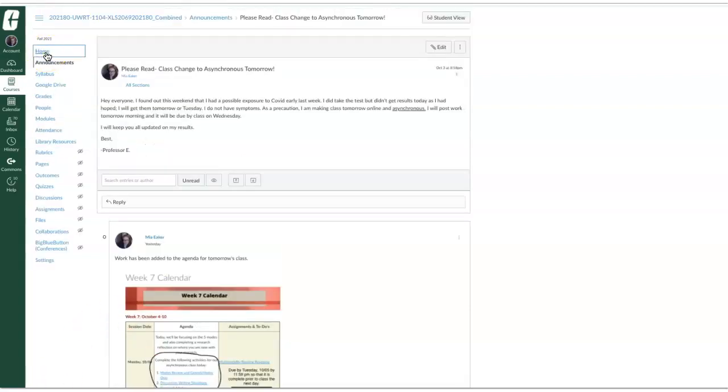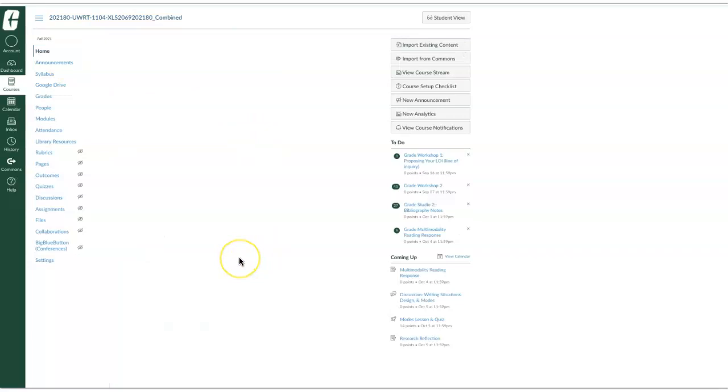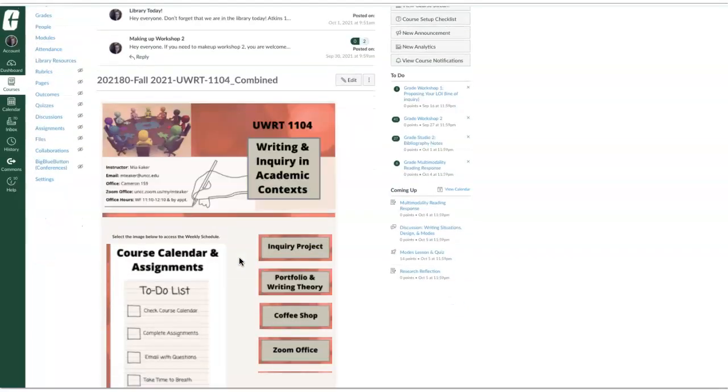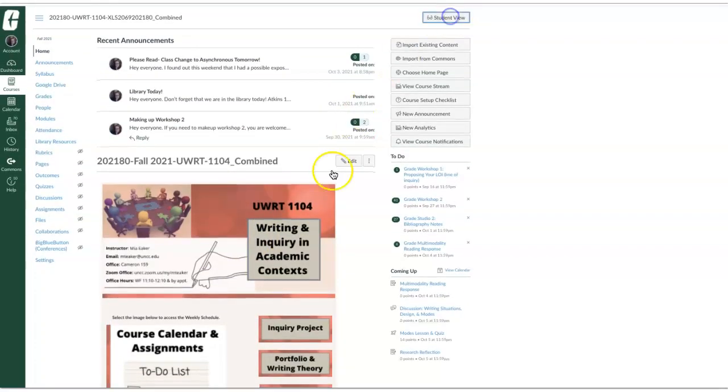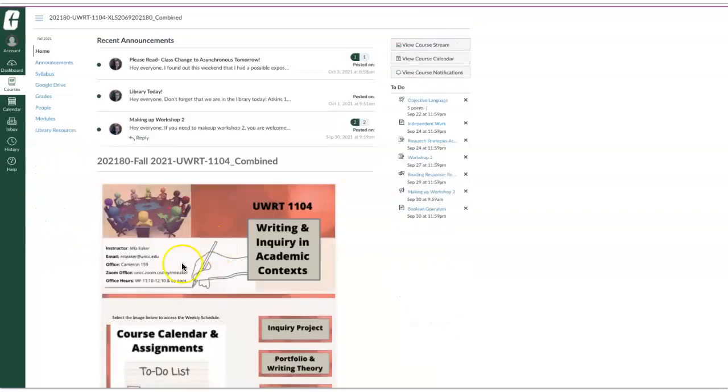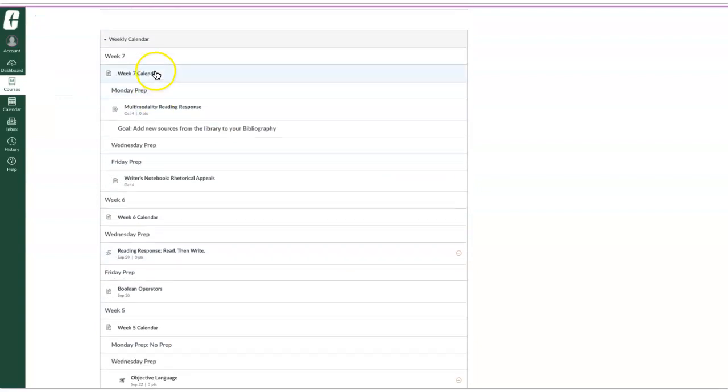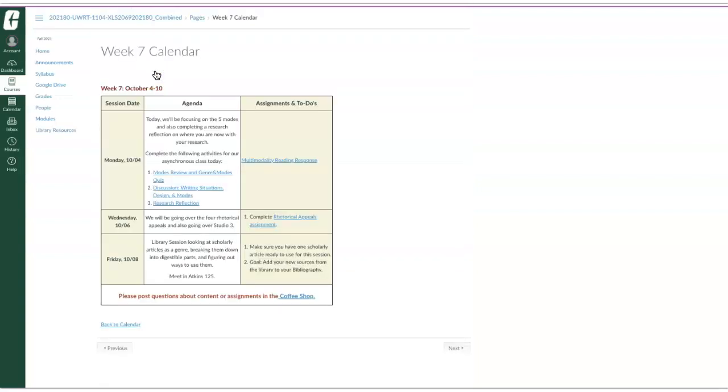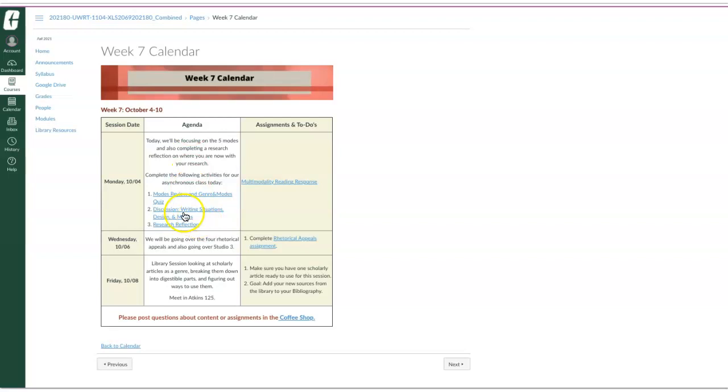So you still have an activity to do for your prep for Wednesday. So I'm going to go to the home page, go into the student view, and then I'm going to pull up the week 7 calendar. In the agenda, there are 3 activities: a modes review with a genre and modes quiz, a discussion activity that sort of practices modes,